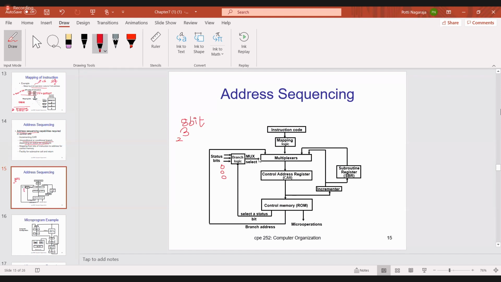One status bit will be selected, that is S0. And when this S0 is 1, it is given to the multiplexer.